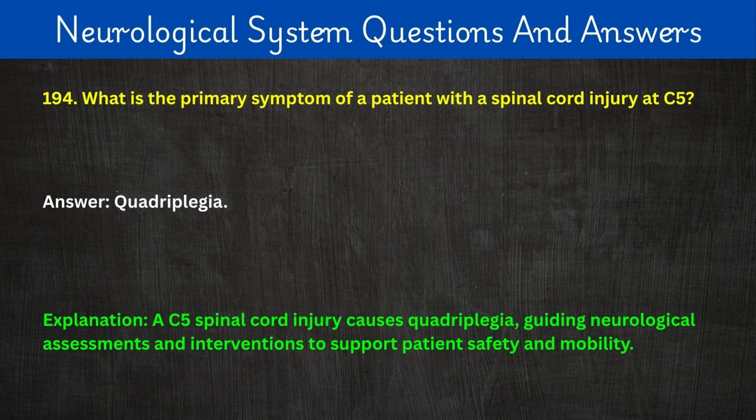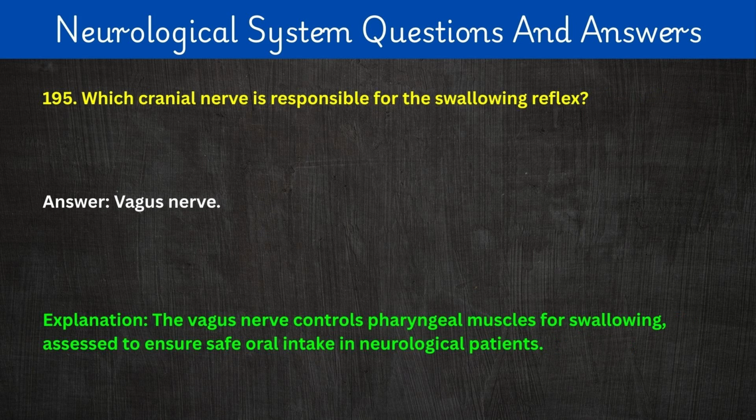Answer: quadriplegia. Explanation: a C5 spinal cord injury causes quadriplegia, guiding neurological assessments and interventions to support patient safety and mobility. 195. Which cranial nerve is responsible for the swallowing reflex? Answer: vagus nerve. Explanation: the vagus nerve controls pharyngeal muscles for swallowing, assessed to ensure safe oral intake in neurological